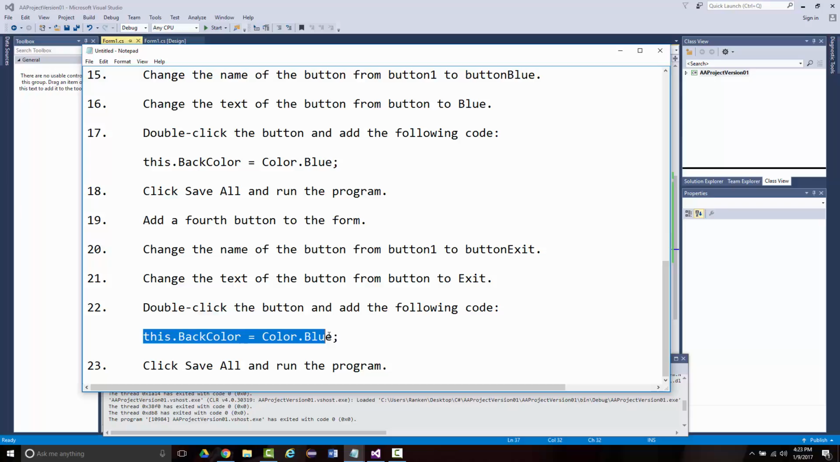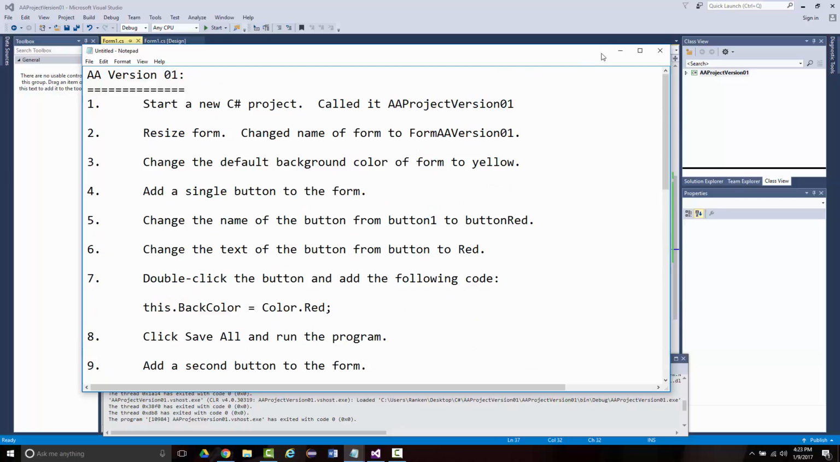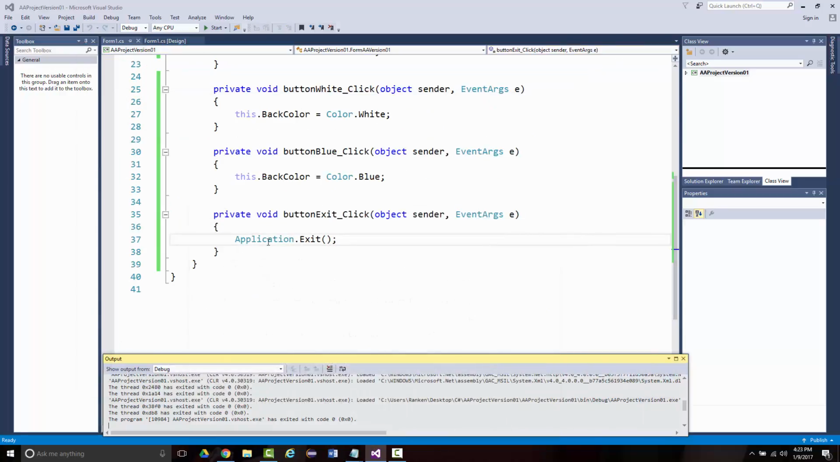Now I don't have to say this. It's just application.exit and run the program. Alright, so those are my steps, approximately 25 of them. That's what I just did. So let's save